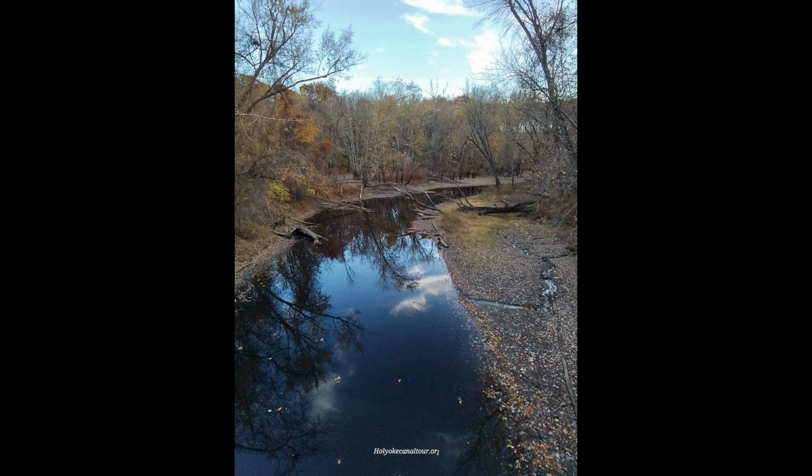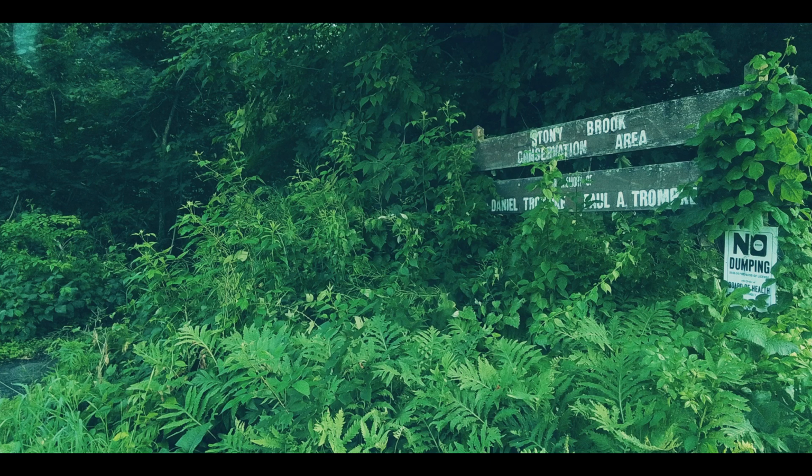Now, the last question is very important because it crosses so many important places, and we're going to talk about its present and future. And what does the future hold for the brook? The future is bright because it has its last entrance out onto the Connecticut River right near a big conservation